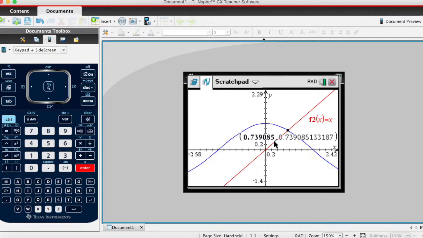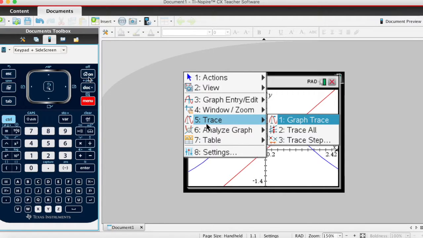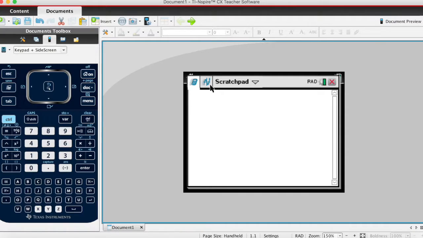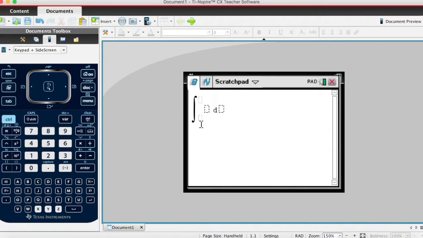So now I need this area that's between these two graphs here, and I can use the integral to find that. So I'm going to go to my home screen and go to my calculate, and I'm going to do the integral. So integral, there we go. And my bounds are 0, and that value that I found, which I stored as a,